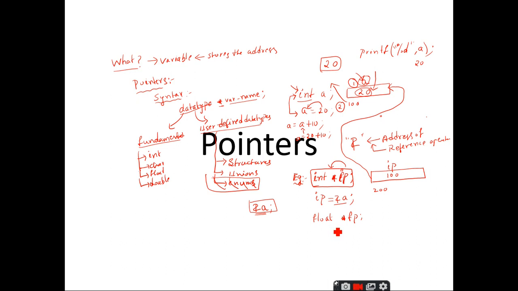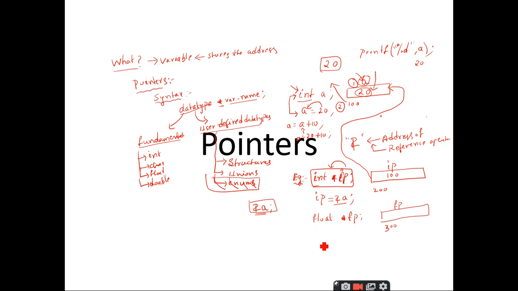Now tell me, what is the size of fp? 4 bytes. Assume that it is 300. That means the floating pointer has been created at the base location 300.